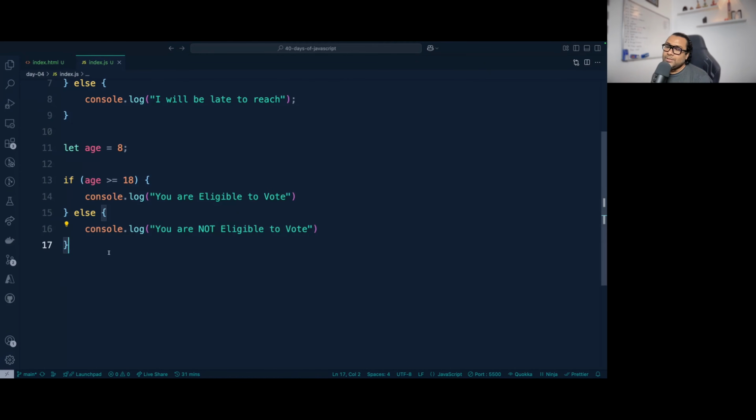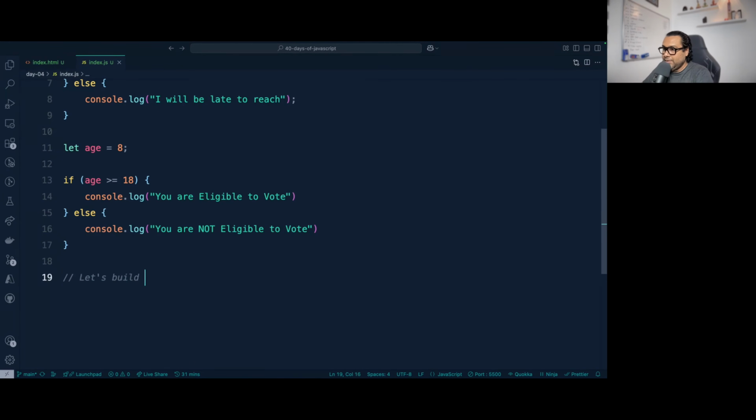So if the score is greater than or equal to 90, it will be grade A. If somebody has got 80 or more, grade B. If somebody got 70 or more, grade C. Anything other than that is fail, let's say. So here, how many conditions are there? We are talking about 4 conditions. One condition to decide grade A, another to decide grade B, one to decide grade C, and another condition for fail.